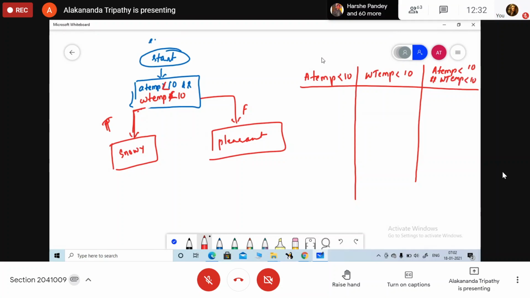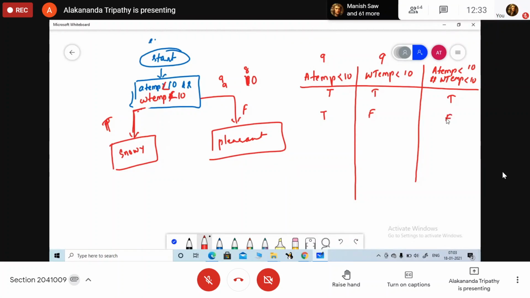So now we will go with the values. If it is 9 and 9, what will happen? True, and for this case also true. So what will be the value here? True. 9 and 9. So if we are going with 8 and 10, true and false. So what will be the value here?